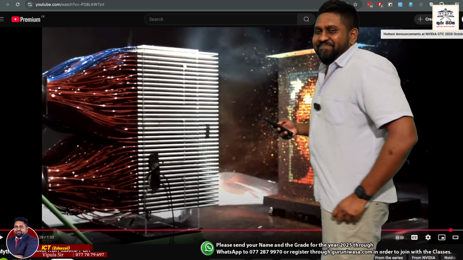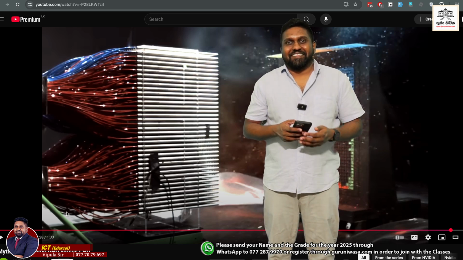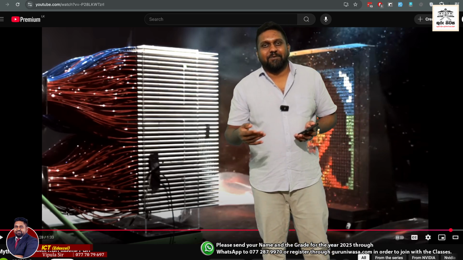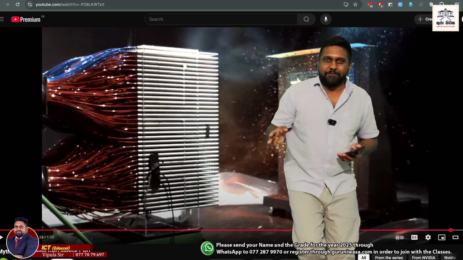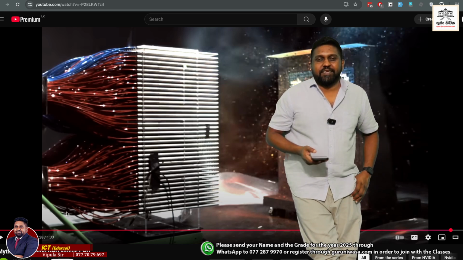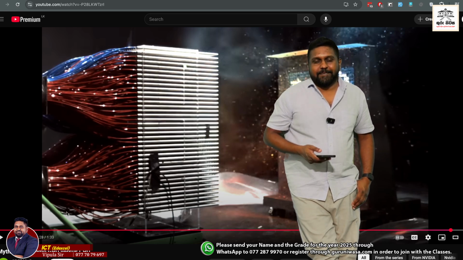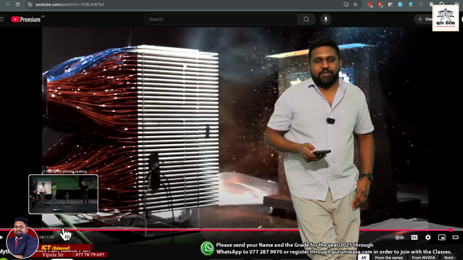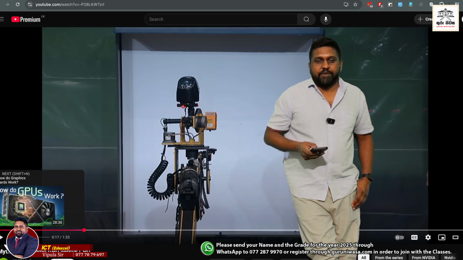Okay, so there you saw the video of how parallel processing works. The core concept of this video is to show how a CPU and a GPU work. The CPU is basically a processing device which processes its data in a sequential manner. As you saw here, we have the robot, which is pushing things, printing things one by one. So that is why we don't use CPUs for